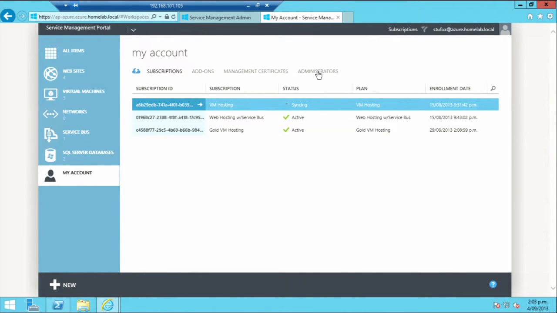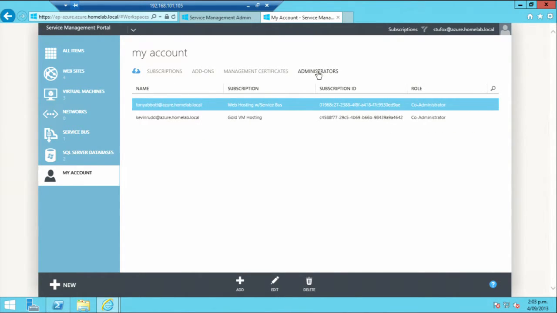But when I come in here, I can see I've got a couple of co-administrators. So I've got this bloke, Tony Abbott, he's able to see my web hosting plan. I've got this other guy, Kevin Rudd, and he's able to see my VM hosting. So those guys can log in with their own credentials. In fact,